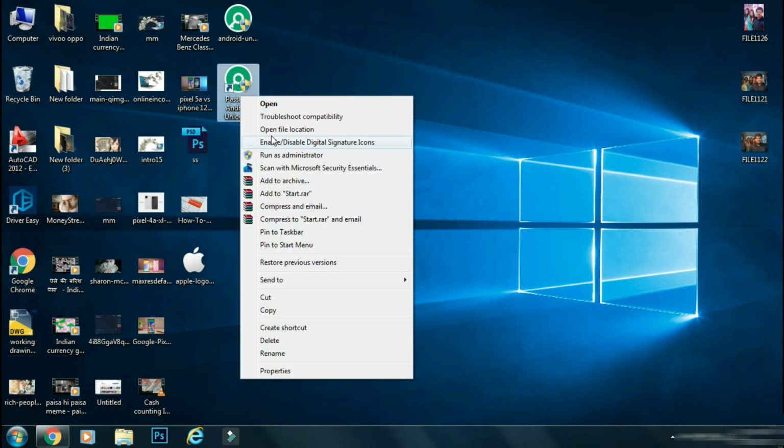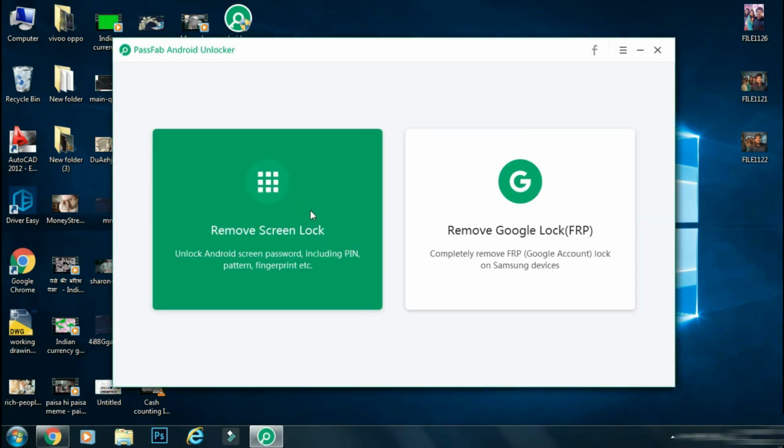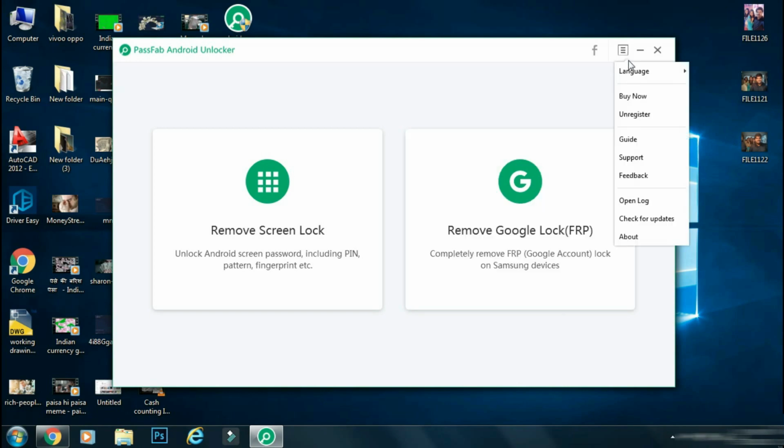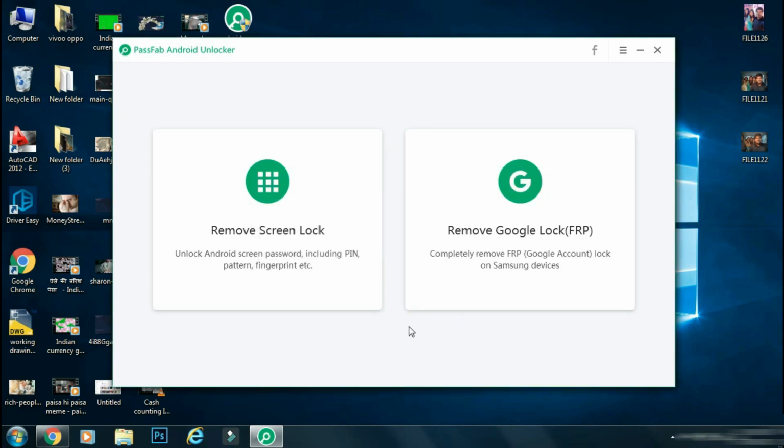Although this app is not free, it's worth every penny, as you can use PassFab Android Unlocker to remove screen lock like fingerprint, pattern, or normal PIN numbers. It can also help you to bypass Google factory reset protection feature on some phones like Samsung. Before going ahead, make sure you are using the official and latest version of the app to avoid any issues.